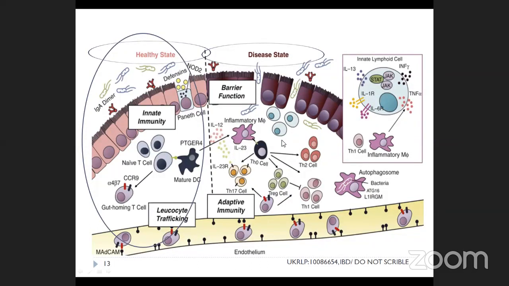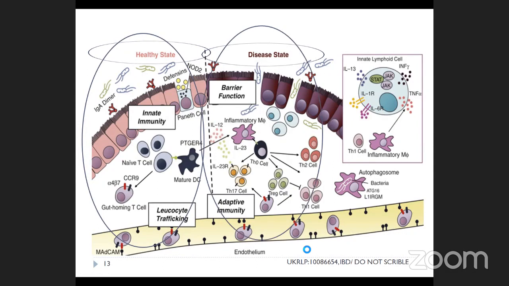This has been proved by plenty of hypotheses, and I'll let you know all these things in future slides, step by step. Also, there's something called the innate lymphoid cell, which has been activated with a series of interleukins like IL-13, IL-1, and all these cause inflammatory cells to be present in the submucosal region continuously. Okay,